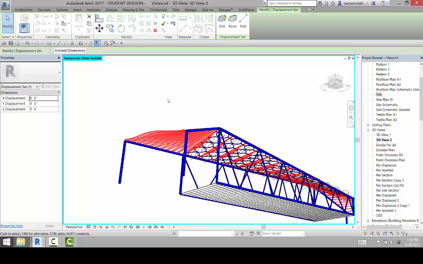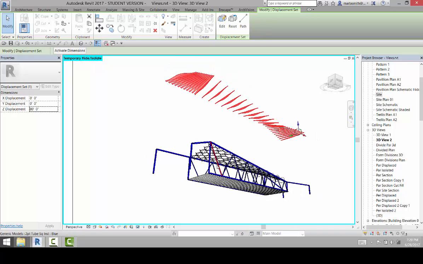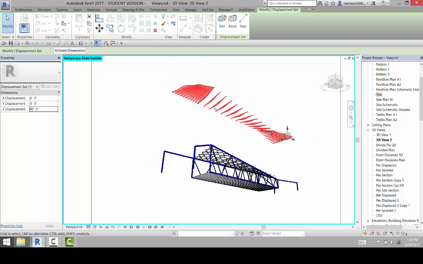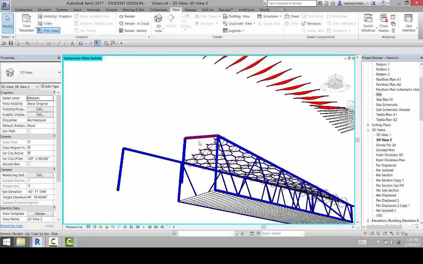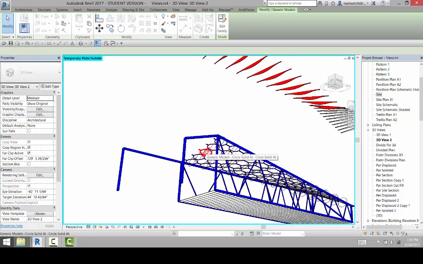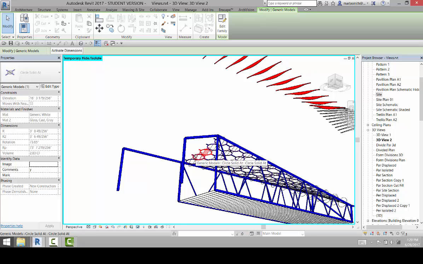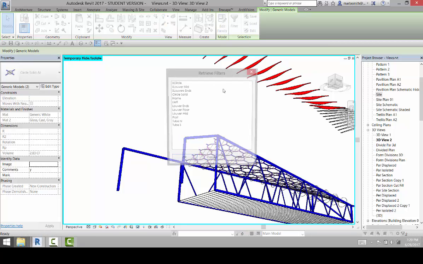and it's going to give me a displacement set. And you can see over here, I'm getting a Z displacement. And so I'm going to change the height of that. I'm just going to type in 80 feet. So you can see it's now popped that guy way up at 80 feet, right? So now I can come in, and if I just kind of window across or pick a couple of these circles, I can load the circle